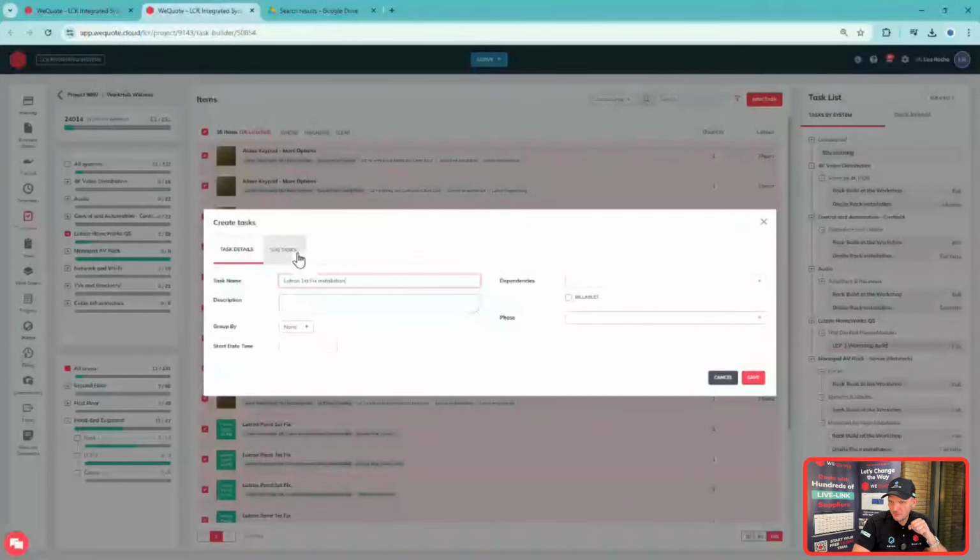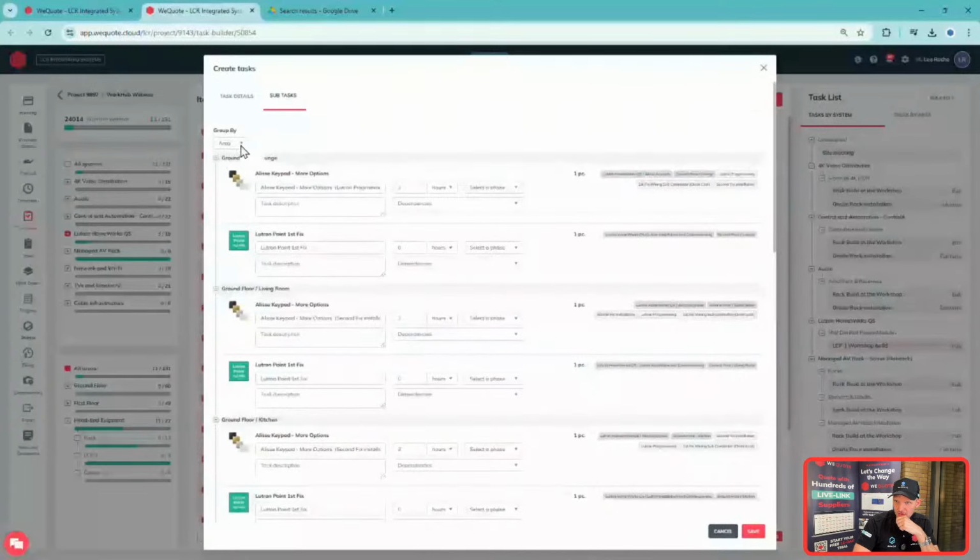And then I want to group this one by area. And you've got that button there as well, so you can use the same thing by system, by area. But really importantly for us is we want it by the area. And we're actually going to give this a different name. So let's give this a different name. So Lutron keypad back box installation,